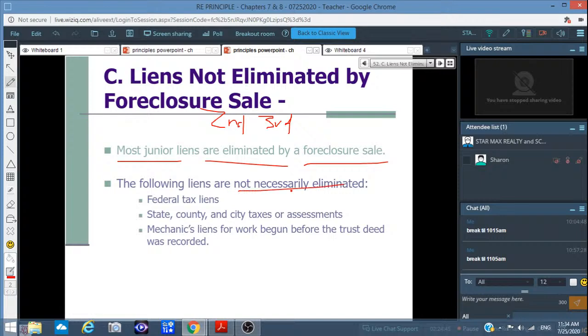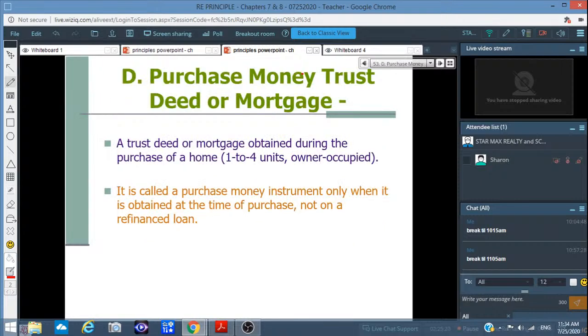Bond liens are not necessarily eliminated. Okay. Federal tax lien. Okay. 联邦政府的税。State, county, city tax assessment. Okay. 州政府、county 政府、市政府的税也不可以免。Mechanic lien for work begun before trust deed was recorded，也不可以免。OK，人家帮你去装修一个厨房，你不付人的钱，还是你有纠纷，OK，他画个 lien，这个抵押在上面，这个也是有付的，OK。